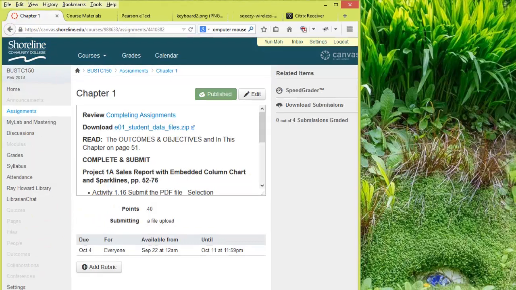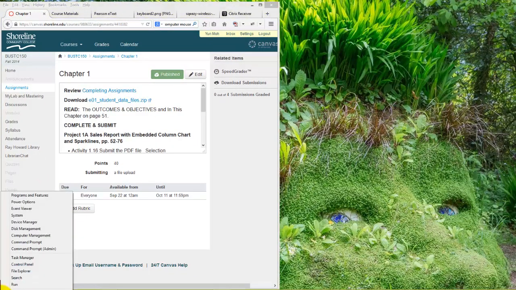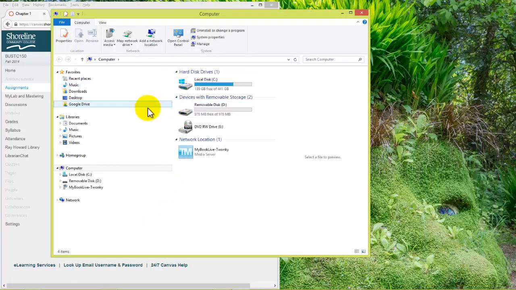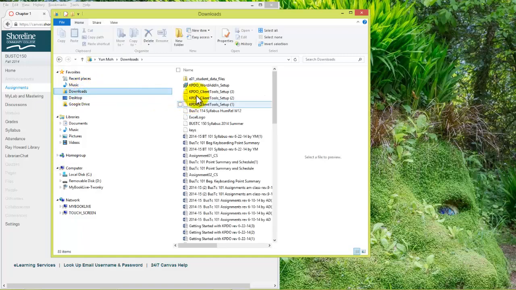Down here on the Start button, right click, and then you will have this list of tools you can use, and then click on File Explorer. Just a normal left click, and File Explorer will open the file structure of your computer. That includes your flash drive, your hard drive, and everything. Usually, if you do not see the little message saying that the file is ready, it goes to downloads. So go down here, and there's